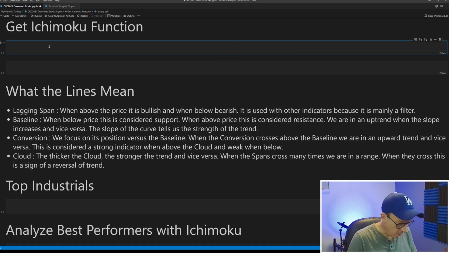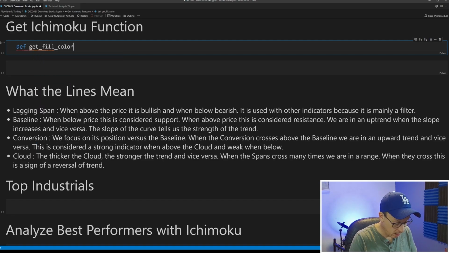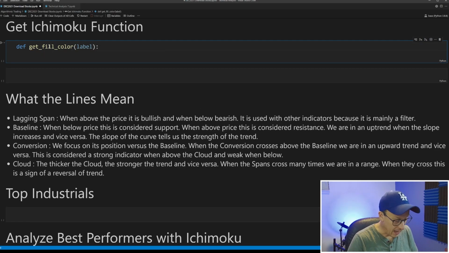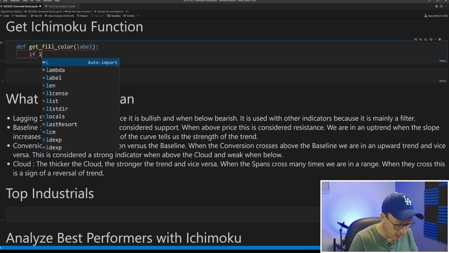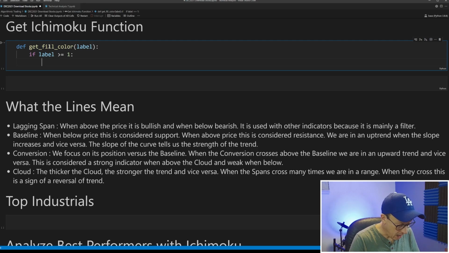It's pretty simple. So I'm just going to say get fill color. Sounds like a good name. And we are going to pass in some type of label data. And I'm just going to simply say if the label is greater than or equal to 1, like that, I am going to say that I want to return RGB. I'm going to return a green. So how you do that is like this, and this function is going to give us green,